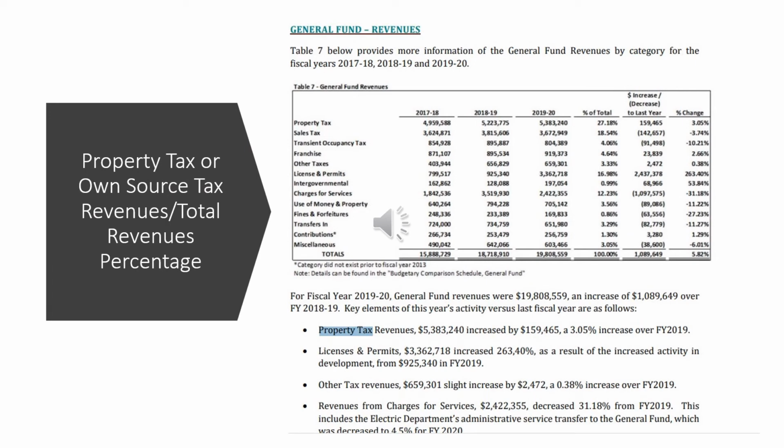The third indicator is property tax, which measures how much of the city's revenue comes from taxes. This is a good indicator when compared with the intergovernmental revenue over general funds, since it measures the city's ability to sustain itself without depending on other intergovernmental agencies. This indicator is derived by dividing the total tax revenues levied locally for the general fund by total general fund revenues. From a glance at the CAFR, we can see that tax revenues contributed to over 50% of the general fund revenues, which is a positive sign in terms of solvency.